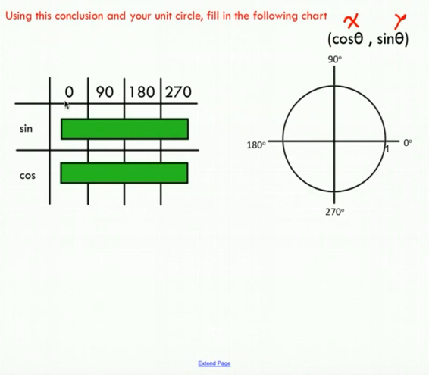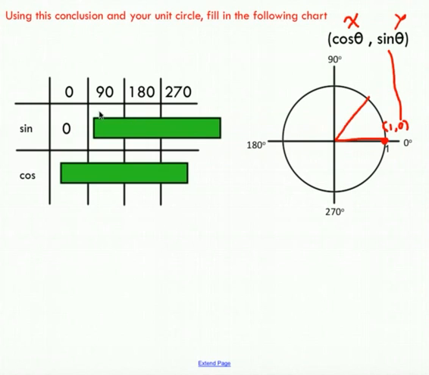So let's look at the sine of 0, for instance. The sine of 0, if my angle theta is 0, so that's this angle right here. If I make this angle 0, it's pretty much going to be sitting on the x-axis, and you're going to see that the point happens to be right here. Okay, and the coordinates of this point would be, we know our x value is going to be 1 to get to this point, and we know that our y value would be 0. Okay, so if our y value is 0, and we're looking at the sine of 0, you can conclude that your sine of 0 is in fact 0. Same thing for cos.